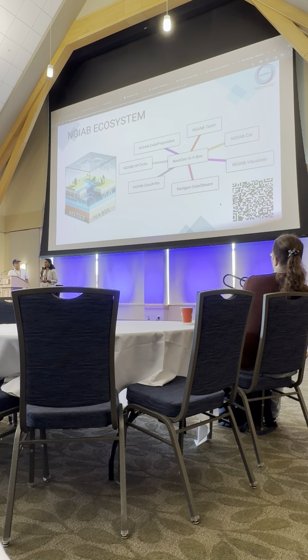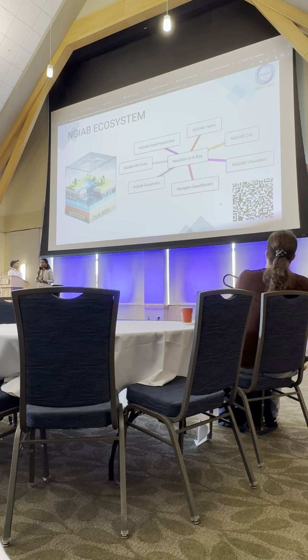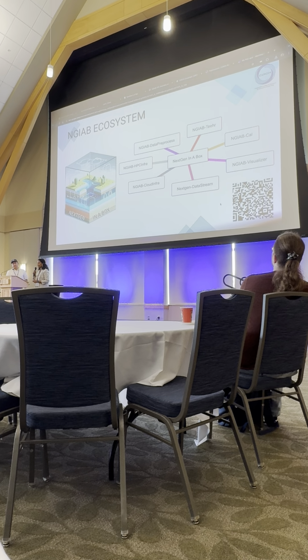So this is our next-gen box ecosystem right now. It's no more a tool, no more one single tool. It's an ecosystem that contains a lot of different tools. Next-gen box data preprocess, where you can do the data preprocessing using a Python package and just run one command to prepare your data and run next-gen box. We have next-gen box tier to do your evaluation. We have NGIB HPC infra to run next-gen box on HPC. We have cloud infra image that we keep updating on our side. All the CI/CD processes, we take care of doing that on our side.